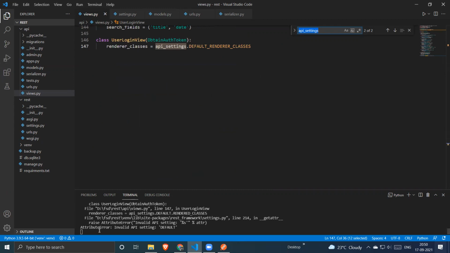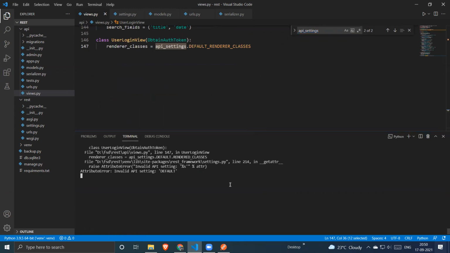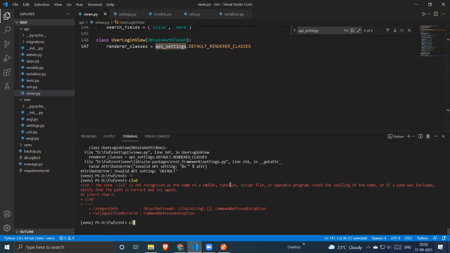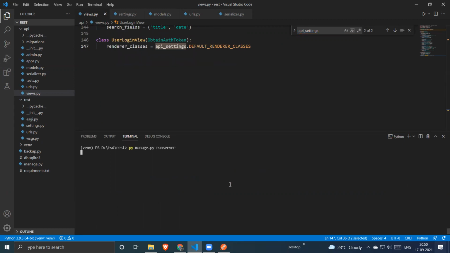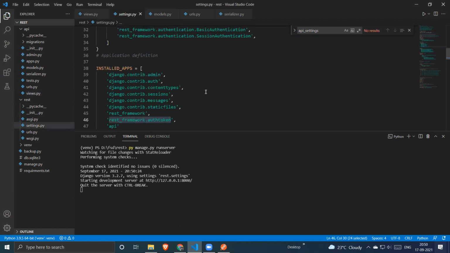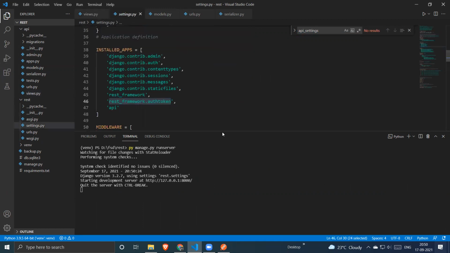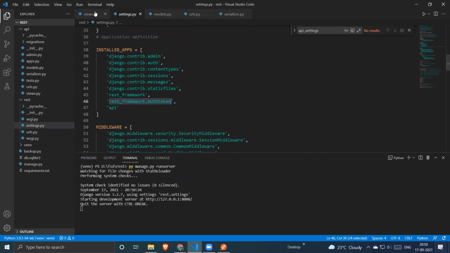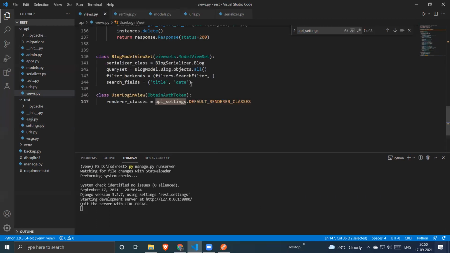So why does it show invalid API setting? Let's just restart our server and let's see. Okay, it's working. So whenever you make changes to your setting.py, but we didn't do any changes in our setting.py file. Not sure why that error came. So yeah, that's it.